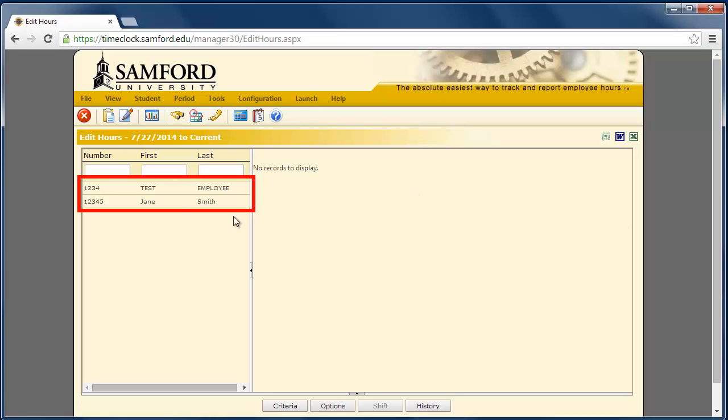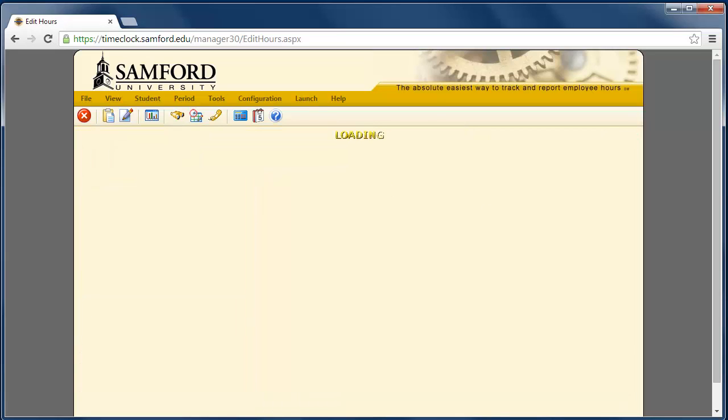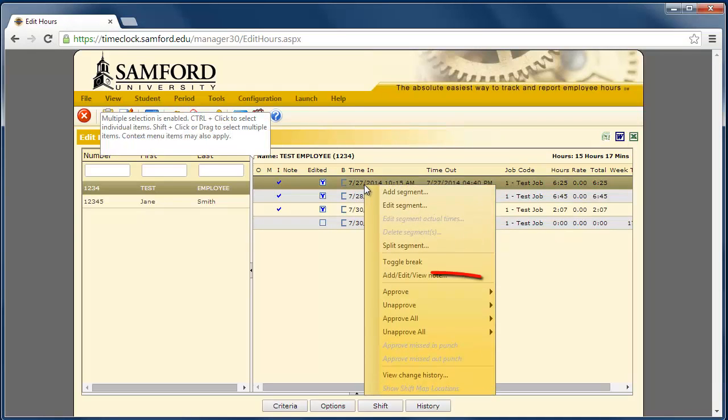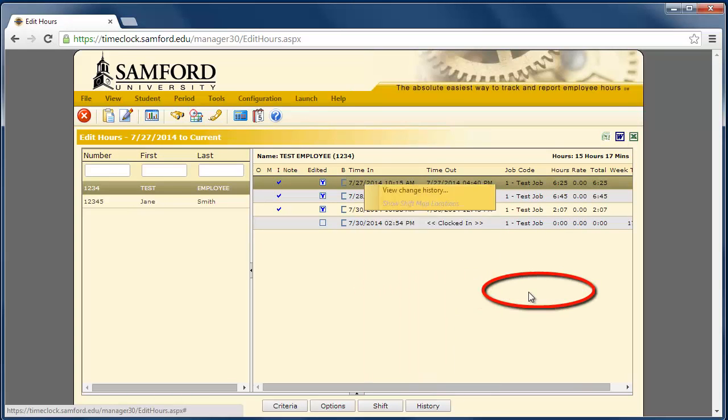to work with, and see that their time appears. We have already corrected this student's time, so we will look over the time once more to be sure it appears correct. Then we can either right-click on each time segment and select Approve in Management,